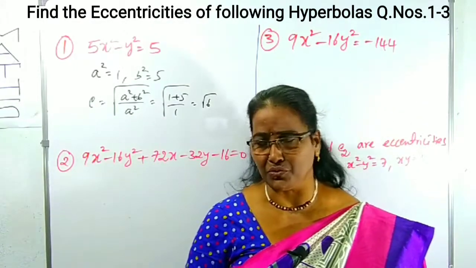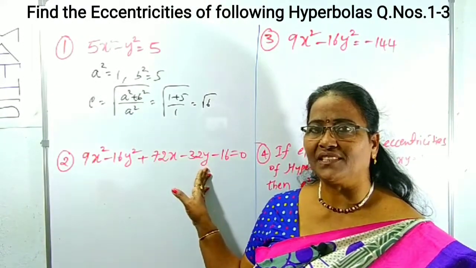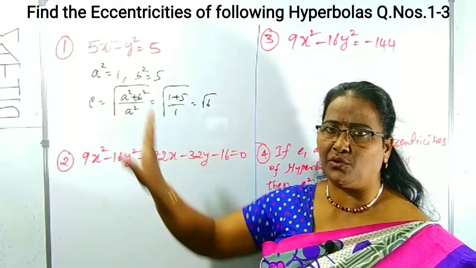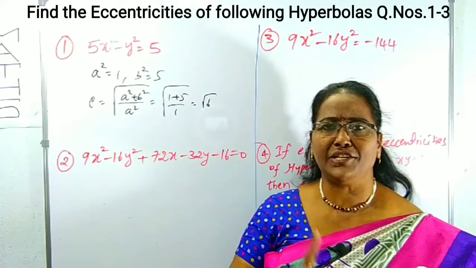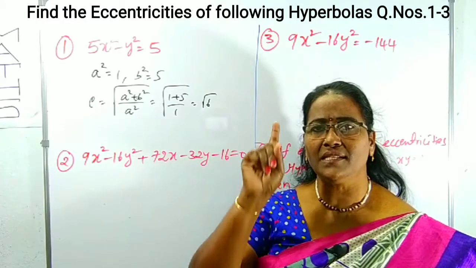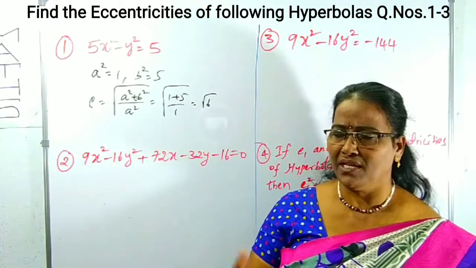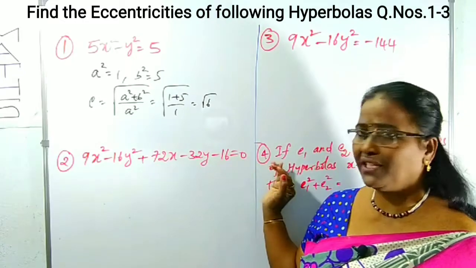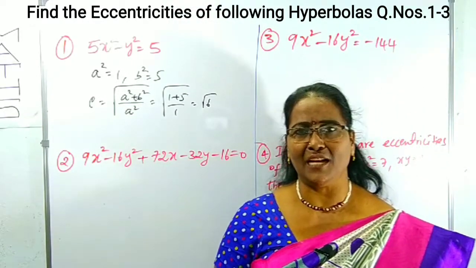Now look at question number 2. In this question, we can observe that the center is at 0, 0. If the center is at 0, 0, you get it directly. But for the eccentricity, I said to you, whether the center is at 0, 0 or h, k, there is no change in the eccentricity. The first tip is to recognize whether it is a transverse or conjugate hyperbola. Same rule: what I have here is minus 16. If you take it to this side, it becomes plus 16. Clearly it is a transverse hyperbola.